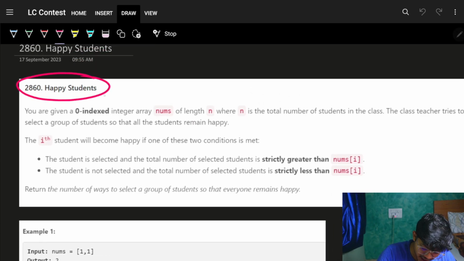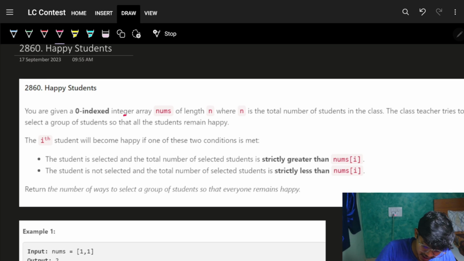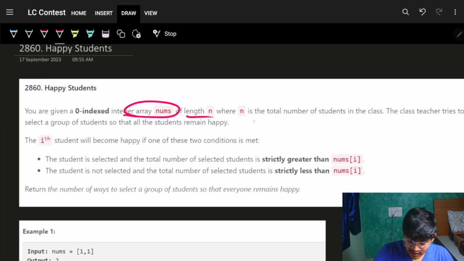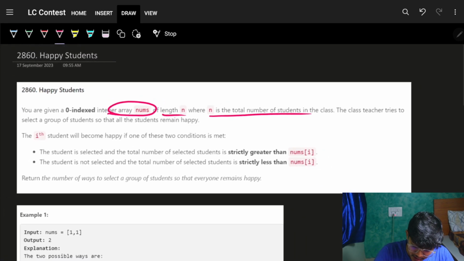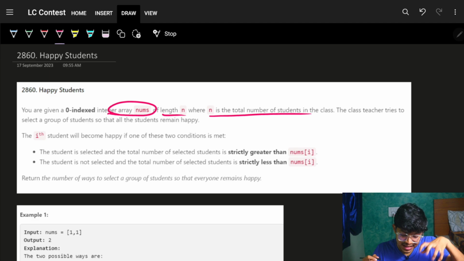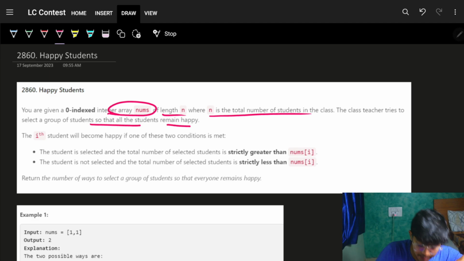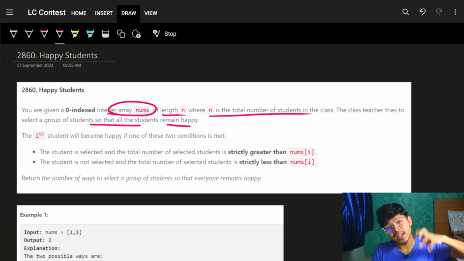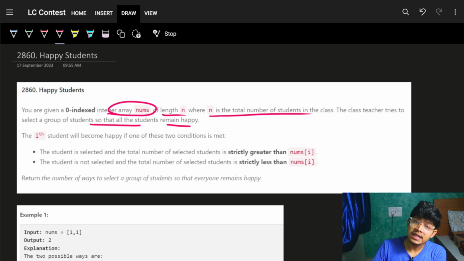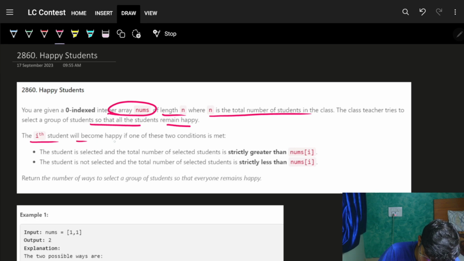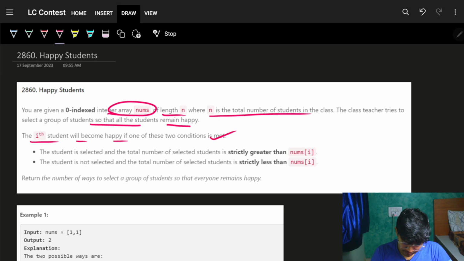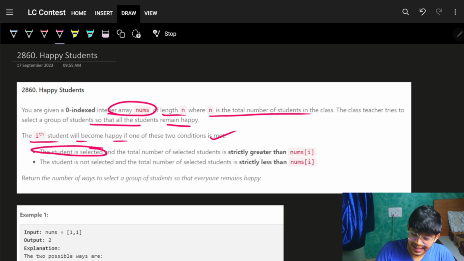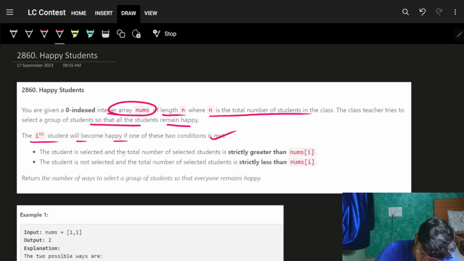It just says that I have a zero-indexed integer array called nums of length n, where n is the number of students I have. Now basically the class teacher tries to select a group of students so that all the students remain happy. My main condition is that I will select some students, but the ones who are not selected should also remain happy. Now the ith student will become happy if one of these conditions is met. The condition is that the student is selected and the total number of selected students is strictly greater than